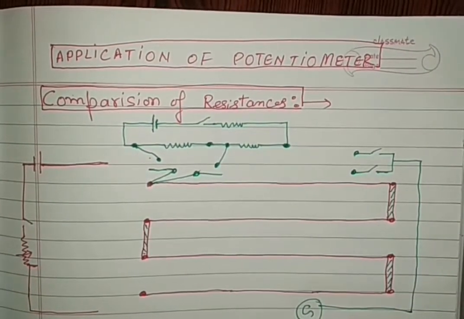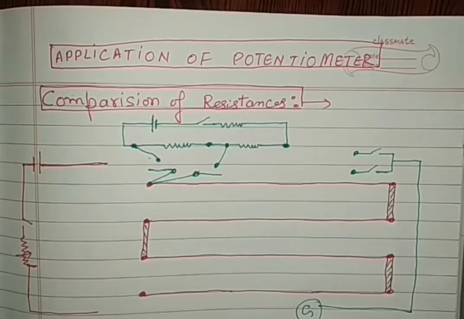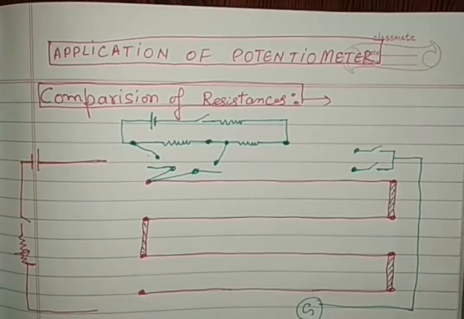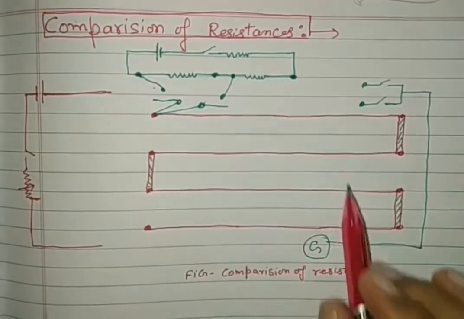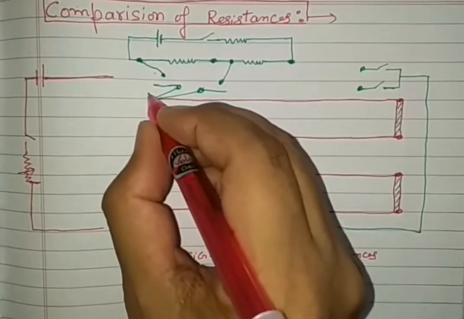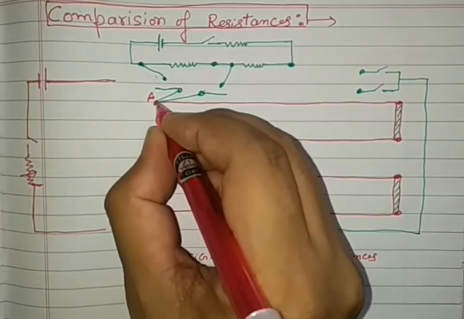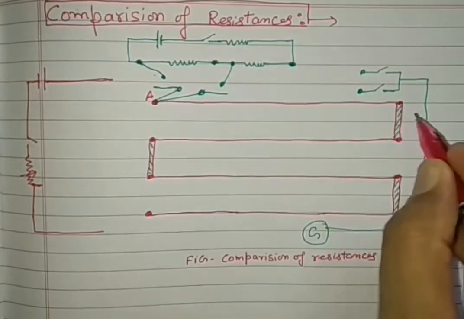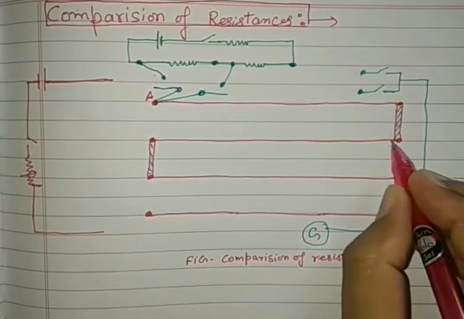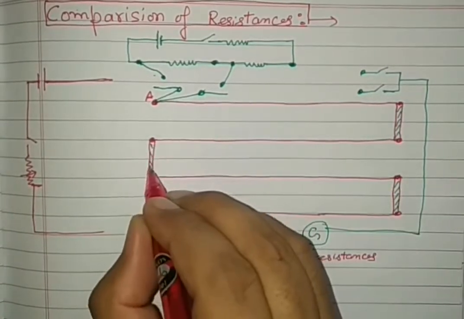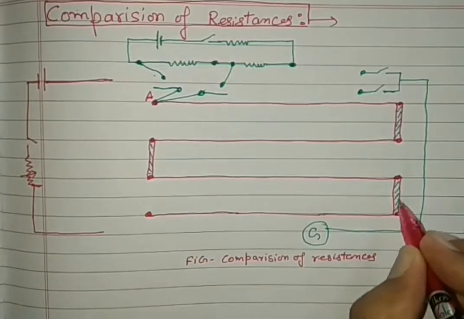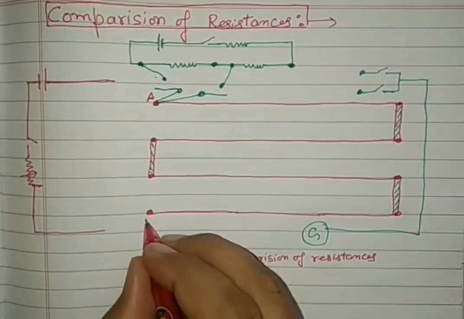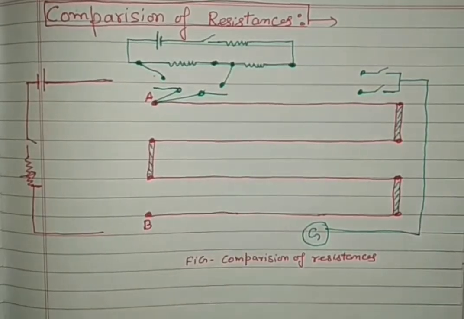So see the circuit diagram in the beginning very carefully. To understand the circuit diagram, focus first on the red portion of it. See, it is point A, terminal A, through which 1 meter wire, then a copper strip, another 1 meter, copper strip, 1 meter, copper strip, then another meter. This is terminal B.